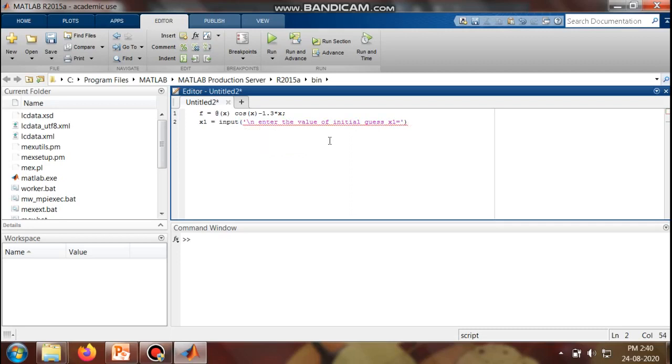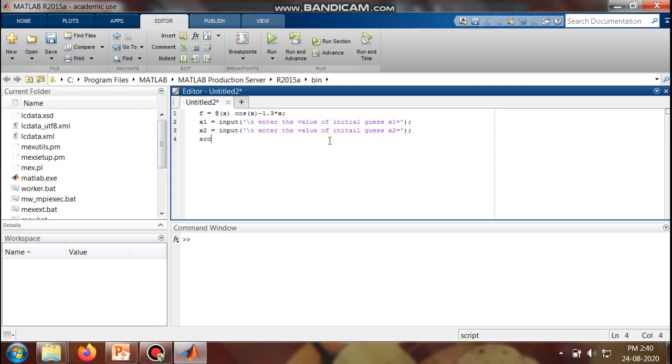The statement appearing in purple color will be printed after running the program. After this I will declare x2 as initial guess 2, so input, quote, \n, enter the value of initial guess x2 is equal to, quote, complete the bracket, semicolon.